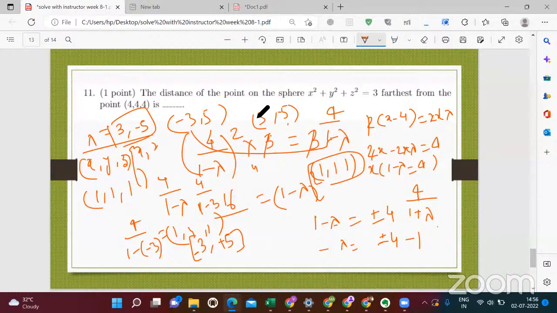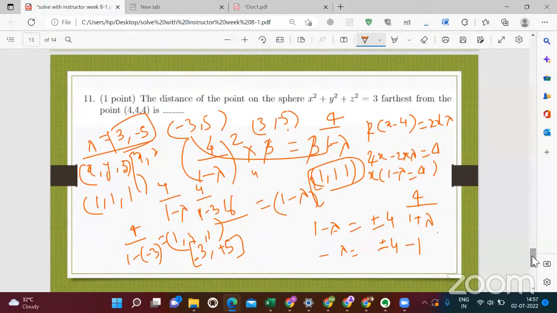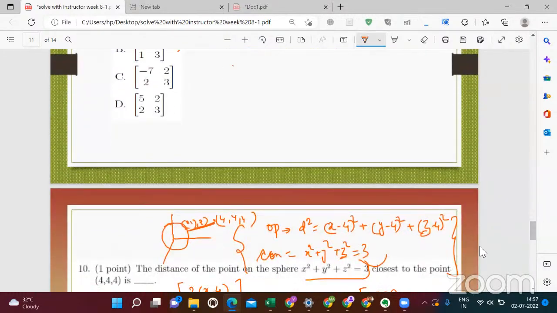In the case of a sphere, we can just take the line between the origin and that intersection. So yeah, the farthest we can calculate directly. There is no issue in that. But one thing you need to calculate, right? Even we can calculate, the Lagrangian multiplier is one method. If we use some basic concept, we can also solve it.